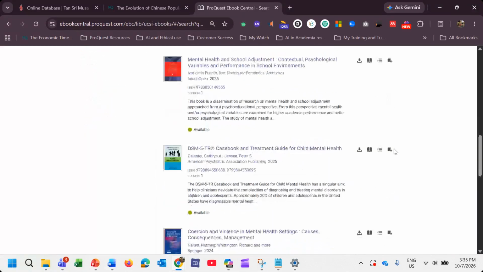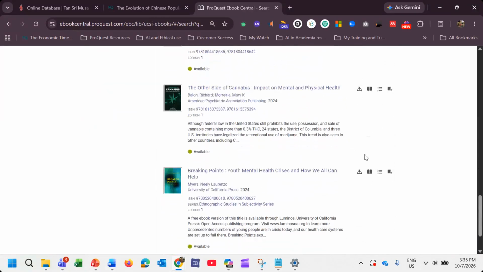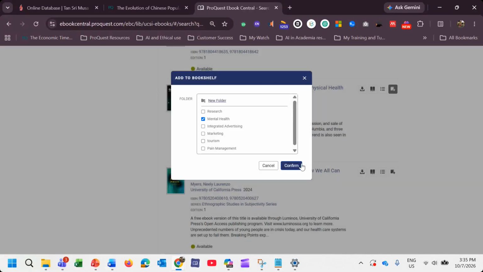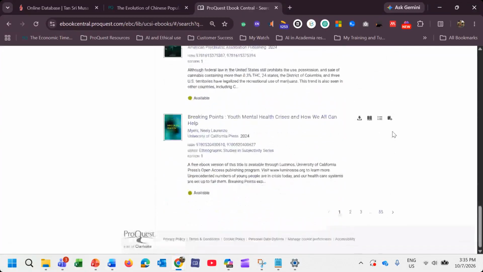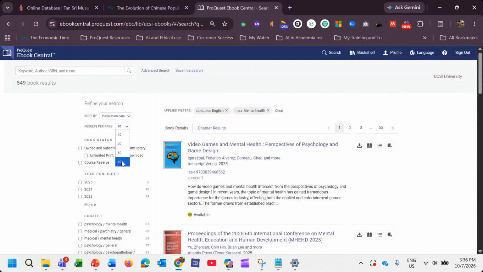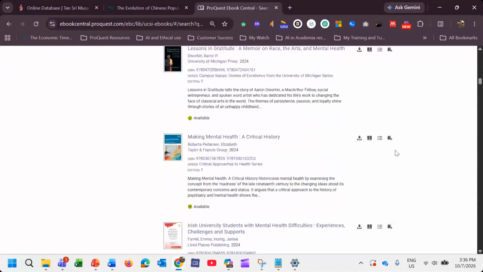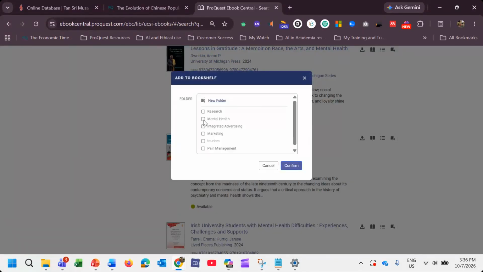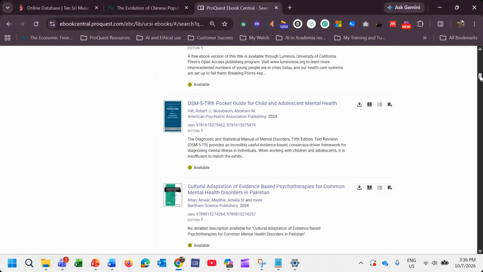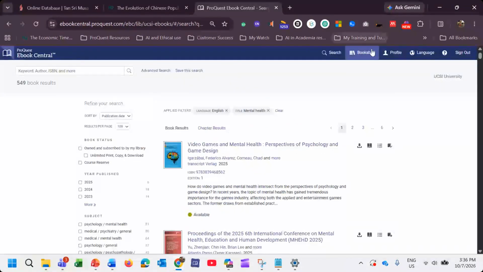So I can add more to the mental health folder. Okay, I added more. You can add any books that you read, that you find relevant or interesting for your study, you just include here. Okay, so I have added a couple of books. You can change this to view more books here. You don't need to click next, just change this to 100, and then you can see the entire list of the books, and you can continuously add them into your folder. Once you have added to the folder, next time you come in, you don't need to search mental health, because you already have all the books listed in your bookshelf here. It's already there. I will show you later how to explore those books.